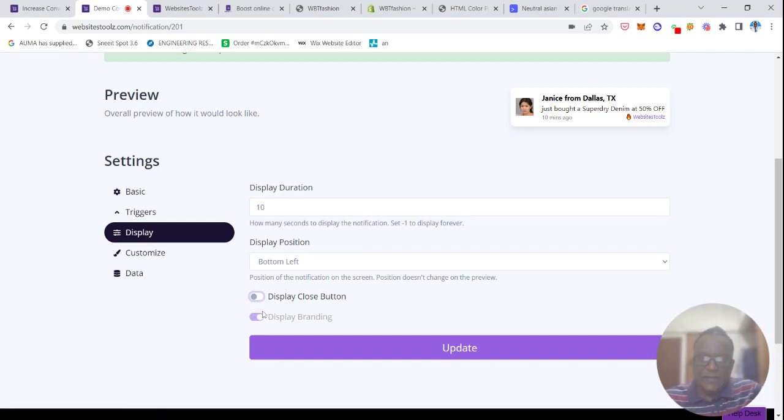And display branding, yeah, this is very important. The website tools branding that you see here. So this is by default in the free account and basic account. It has website tools as a standard, which cannot be changed or removed. When you upgrade to a higher account like the Pro or the Growth account or the Godzilla account, all of those have options where you can remove the branding and customize it with your own branding here. All right, so that's a very important point to note because